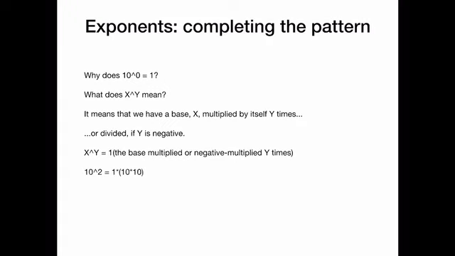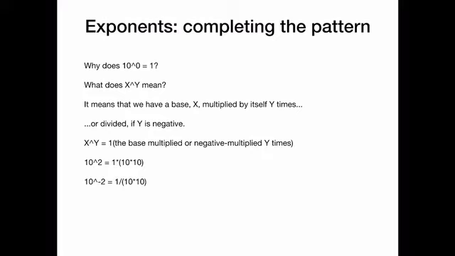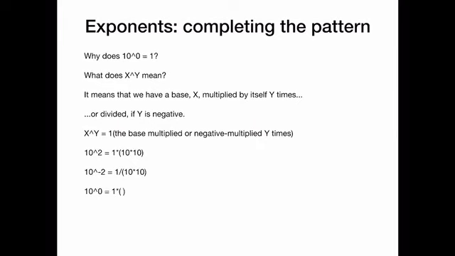If I have 10 raised to the second power, I have 1 multiplied by 10 multiplied by 10. If I have 10 to the -2 power, then I start with 1, as I always do, and then divide by 10, divide by 10 again, and I get 0.01. And so what is the number raised to the power 0? Well, that's neutral, as we know it must be, so it's the neutral number not multiplied or divided by any